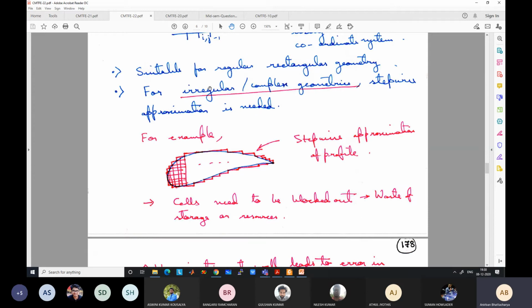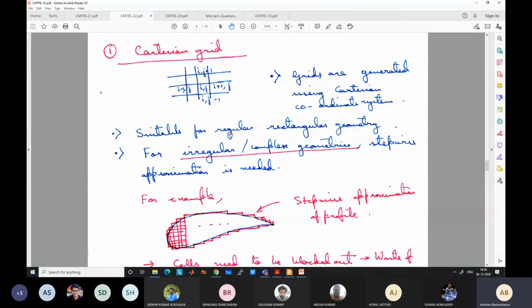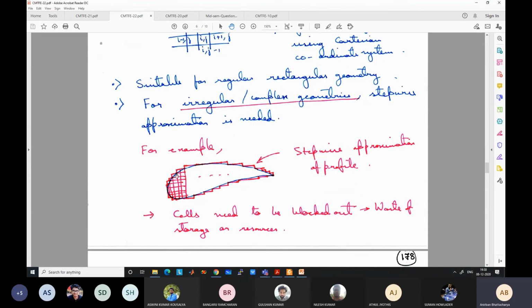Now it does not mean that we cannot use Cartesian grids for irregular geometry. We can use it, but it becomes much more difficult and leads to more errors. So how to fit irregular geometry? For example, you have flow over an aerofoil. So the inner part, the aerofoil structure over which the flow occurs, has to be represented in this type of regular geometry. So the option is then to divide it into small rectangles. Okay. So the face will look like steps. Instead of a smooth face, it will look like steps.